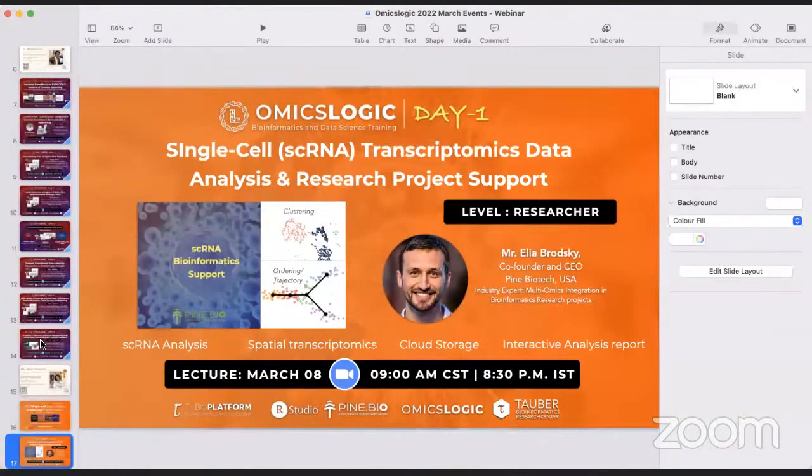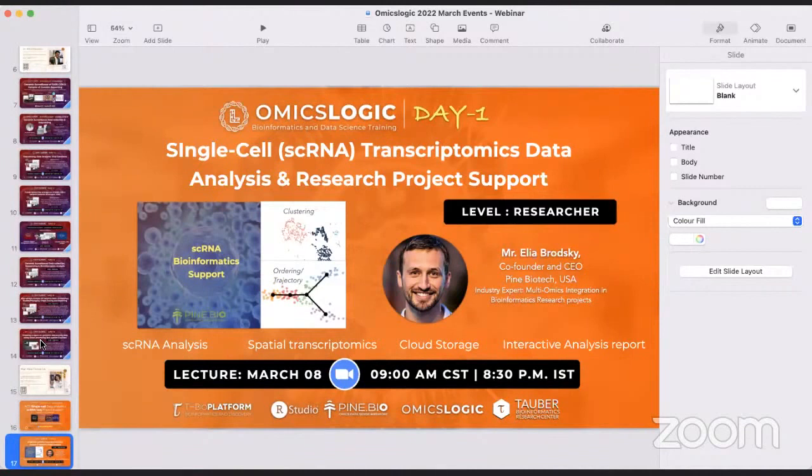So usually what we do is that we start with a broad overview of single cell transcriptomics, data analysis, and the applications. So looking from a perspective of where this is to and where this could be applied to. There are a lot of questions that many faculty and many students ask, which is to understand the actual application and if it is related, if it could be integrated into their research idea.